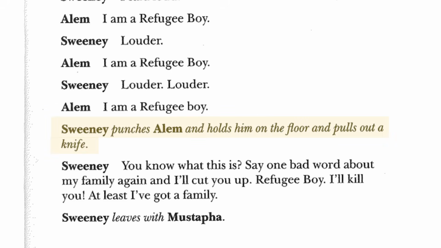I can't hear him. The pace of the dialogue has quickened here as well because it's getting more fraught. And then it says in the stage directions, after Alem does what Sweeney wants, it says that Sweeney punches Alem and holds him on the floor and pulls out a knife. Suddenly, we've now gone from what is quite a threatening environment to a very violent one. In that extract, you can see quite clearly the mood changes, the feeling of that scene changes quite rapidly actually